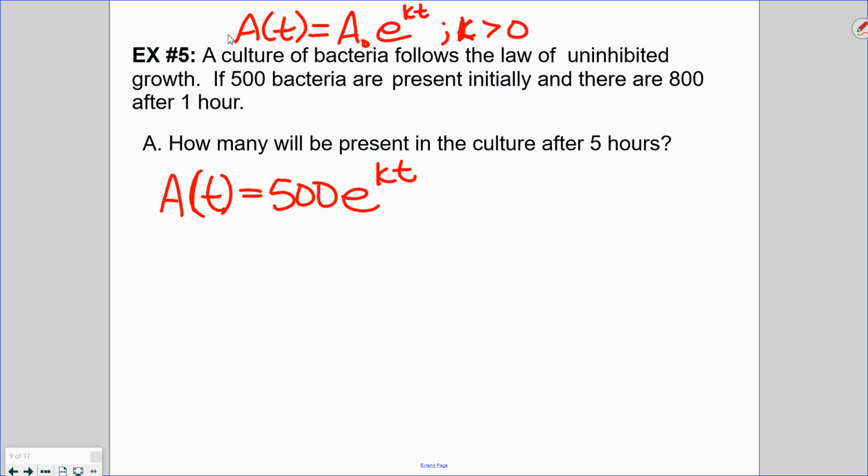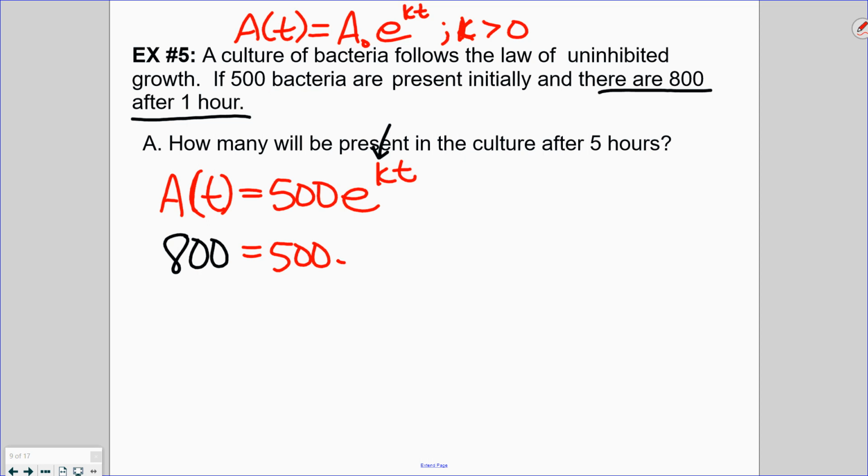Well, the problem is what I need to find is what is k for this bacteria. Everything that has uninhibited growth like that is going to have a different value for that constant. So the way I'm going to find that, I know the model looks like this, but I don't know what k is, so I'm going to use this condition that they gave me. They give me one known value, and I can use that to find out what k is. So it tells me there are 800 left, so that's 800 is your amount